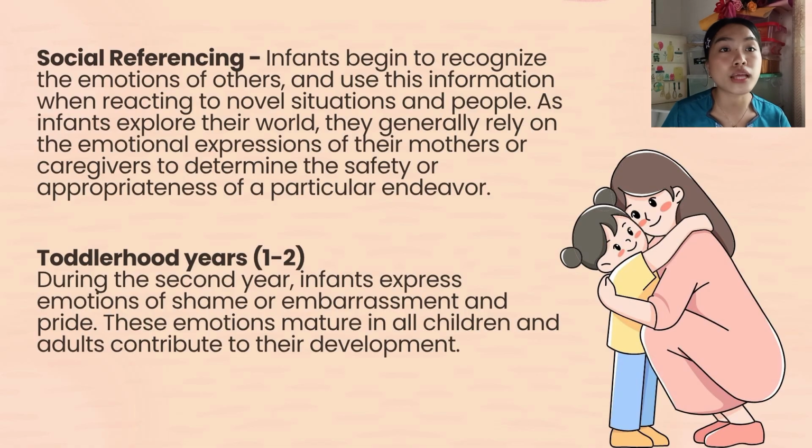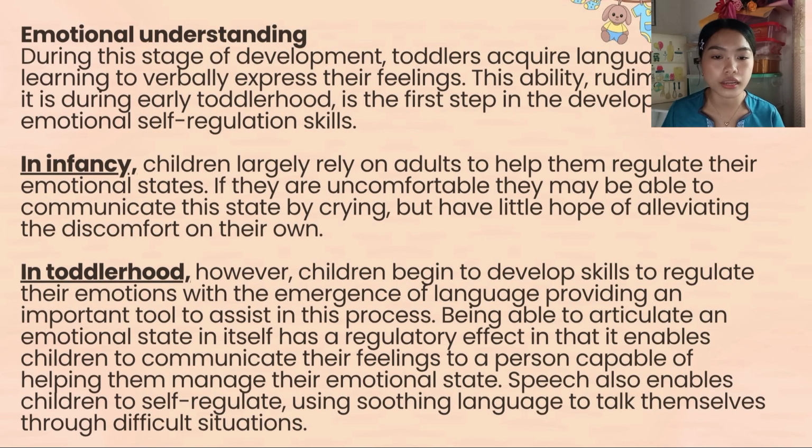Okay, so let's proceed already with the emotional understanding. During this stage of development, toddlers acquire language and are learning to verbally express their feelings. This ability, rudimentary as it is during early toddlerhood, is the first step in the development of emotional self-regulation skills. So in infancy, children largely rely on adults to help them regulate their emotional states. If they are uncomfortable, they may be able to communicate this state by crying but have little hope of alleviating the